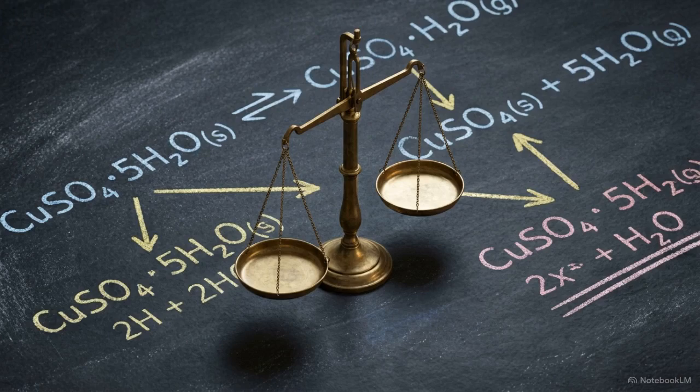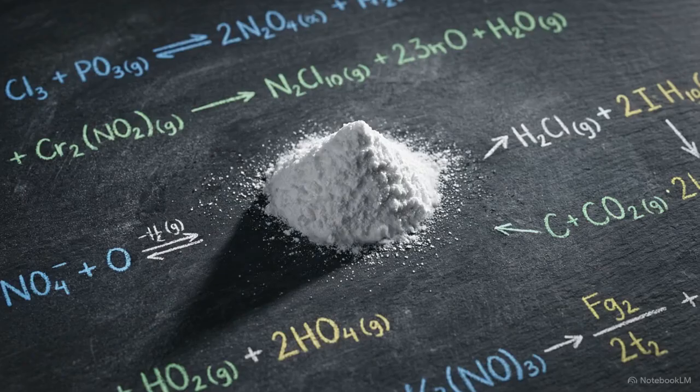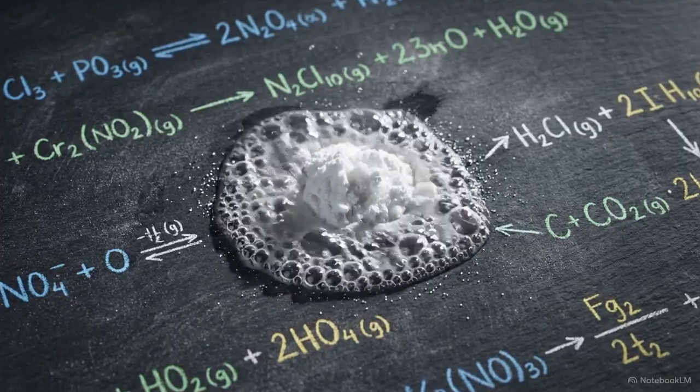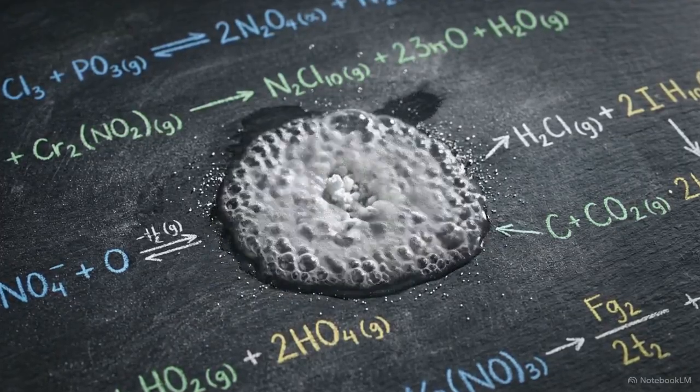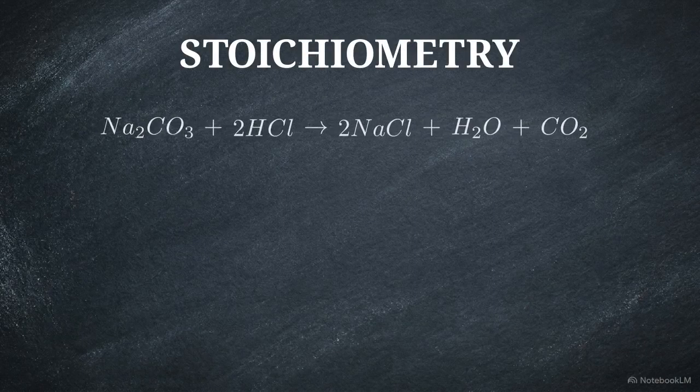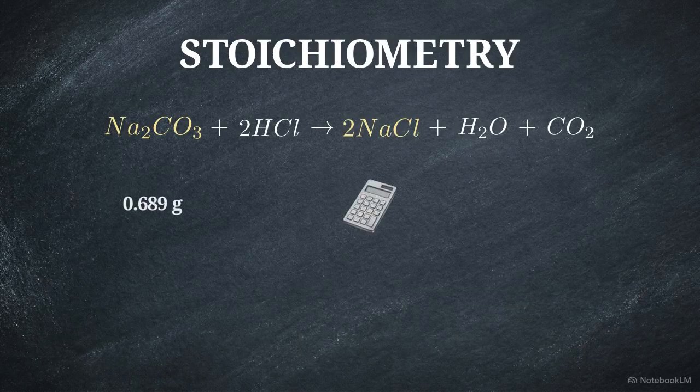To prove the law of conservation of matter, we are going to intentionally break down a sample of sodium carbonate, converting it entirely into ordinary table salt. We will not be guessing our results. Before we even touch a piece of lab equipment, we will use stoichiometry to mathematically predict the exact final mass